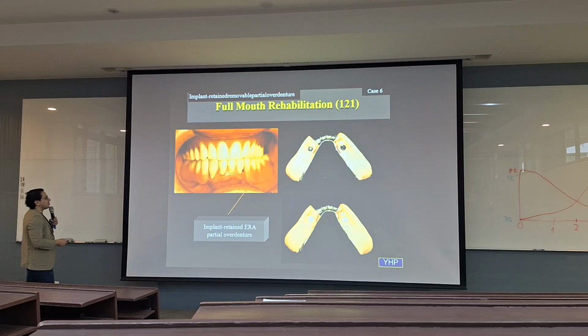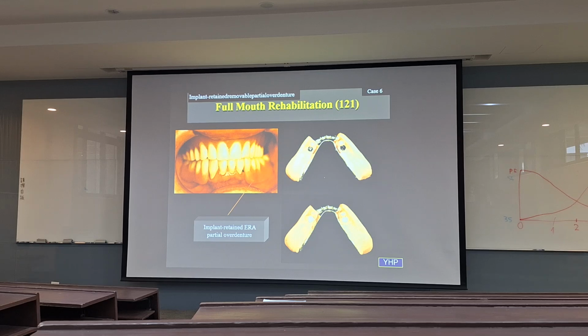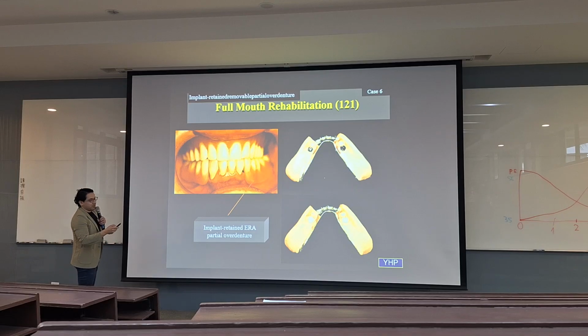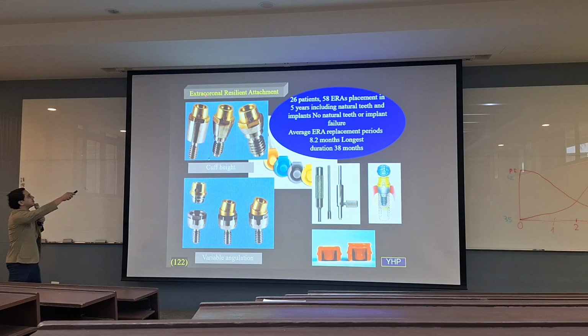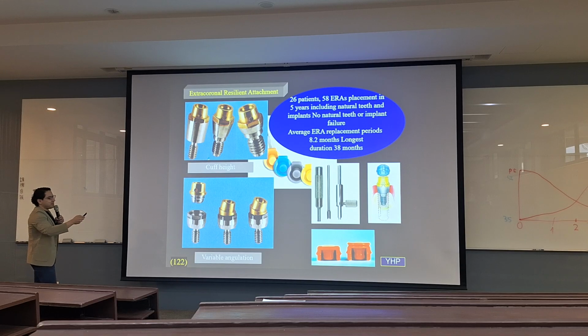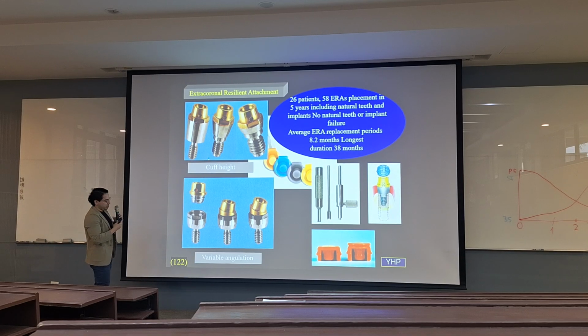So we take an impression of those and we create a complete denture or partial denture depending on the patient, and they are just held by this ERA, right? So extracoronal resilient attachments. So what does that mean? It means that you